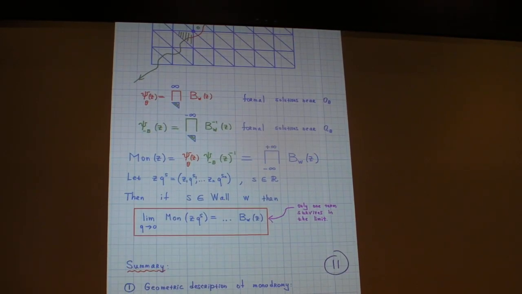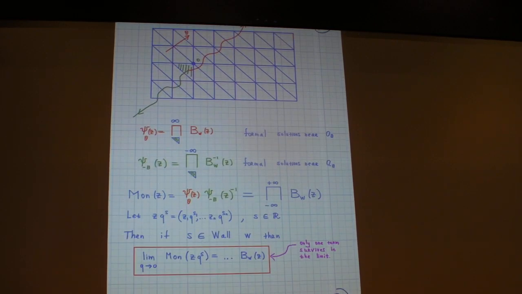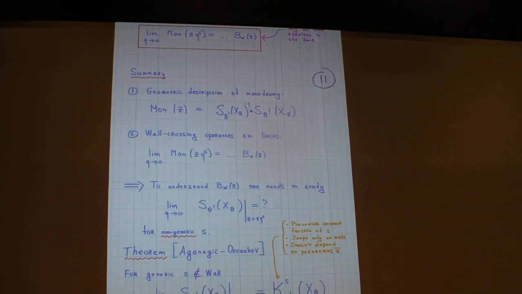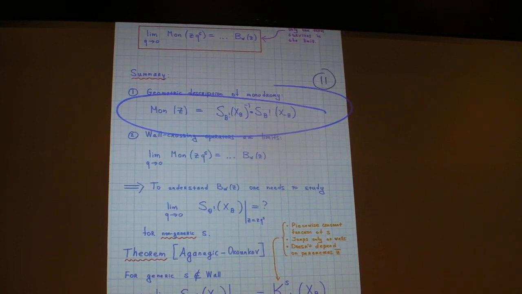Okay, so you can extract it this way. Now I combine two of my stories, right? The first part of my story was that I can compute the monodromy of the K-difference equation as a ratio of elliptic stable envelopes, right? So from geometry. The other part of my story is that I can extract the wall crossing operators from the